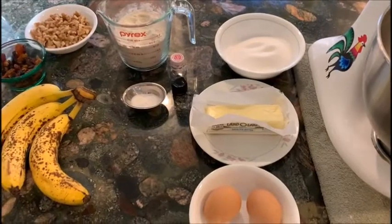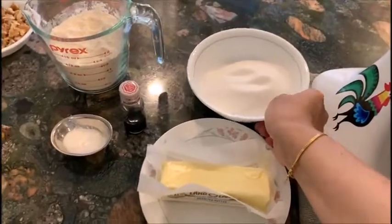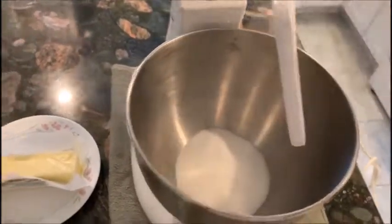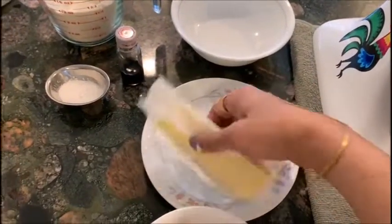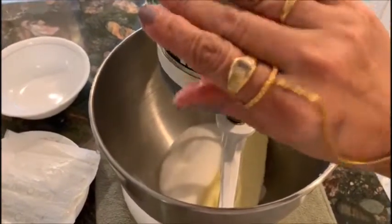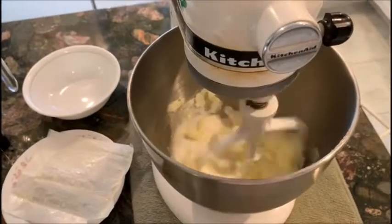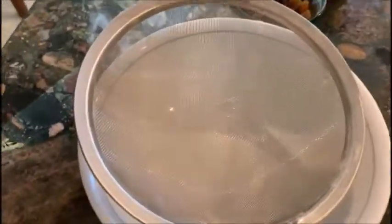So the first step is to cream the sugar and butter. So I take the sugar. And this is butter. So as this sugar and butter is getting creamed, we will work with the dry ingredients, and that is our